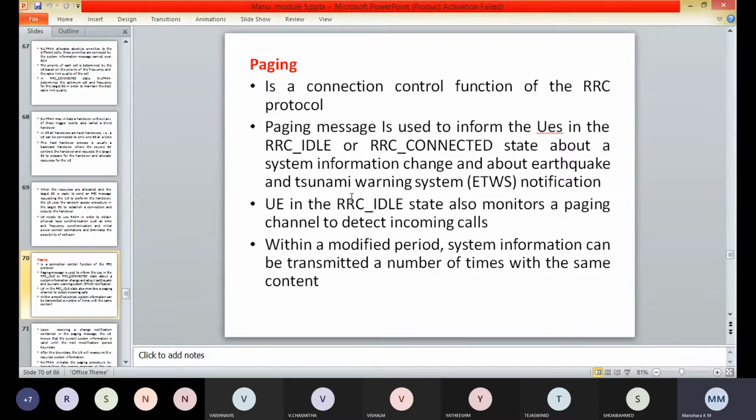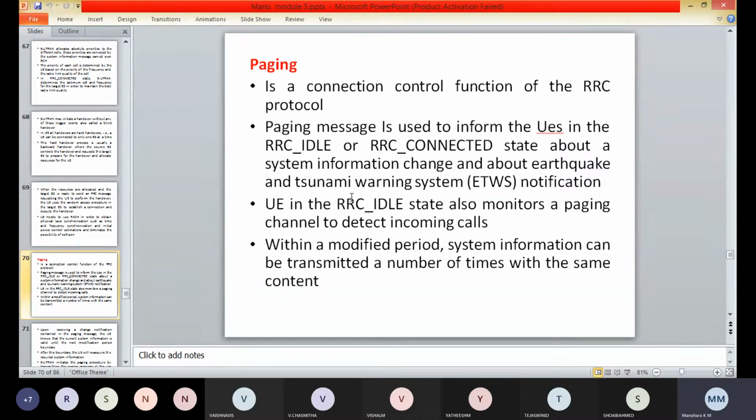So here paging is a connection control function of the RRC protocol. The paging message is used to inform the user equipments in the RRC idle state or RRC connected state about a system information change. The user equipment in the RRC idle state monitors a paging channel to detect